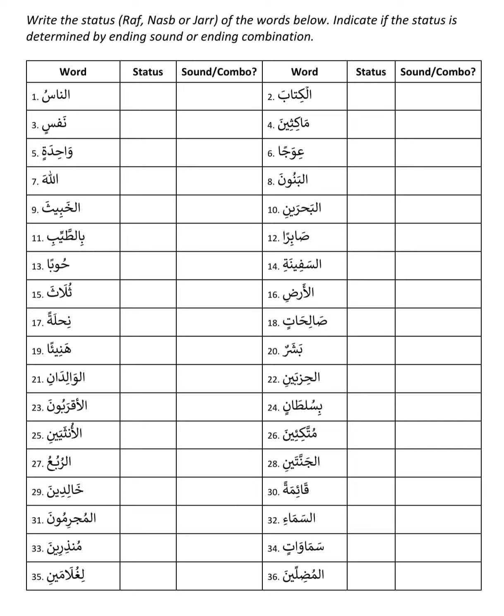25, al-unseyaini, like Muslimani, Muslimaini. It's an aini sound. So it's a combo obviously, and it is nasib or jar. And 26 is very easy. Muttaqina, like Muslimina. So it is nasib or jar, and it's a combo. And ruhu also easy, like Muslimu. It is a u sound. It is a rafa,